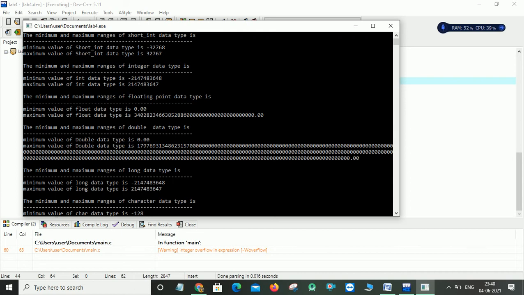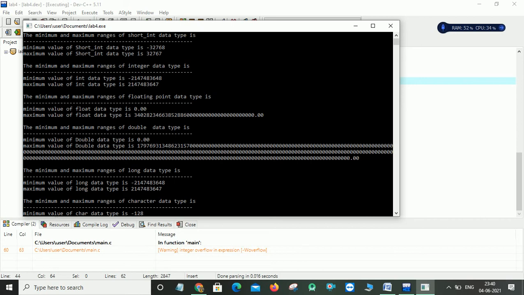See here the minimum and maximum ranges of integers. It is 4 bytes, so because of that, it will show you the minimum as minus 2147483648, and the maximum range is 1 less than that particular range. Like that, it will display the max and min ranges for floating point and for double.